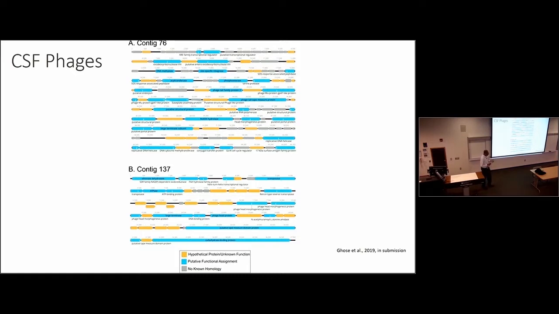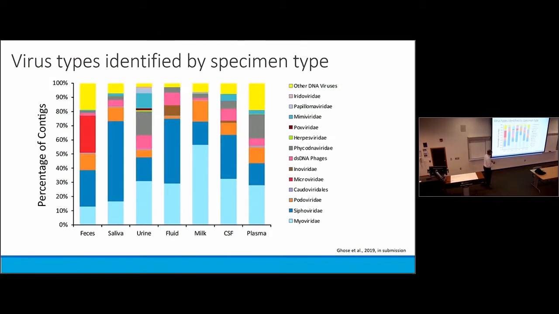And one of the themes throughout a lot of the viral research that we do is that viruses that we think of as lysogenic, we think that they're, for the most part, just sitting dormant in these bacterial genomes. We tend to find these viruses over and over at every single time point, suggesting that they're much more active than we have thought they were traditionally in the past. One of the other things that we can do now that we've looked at so many different body sites in terms of their viromes is that we can compare them.